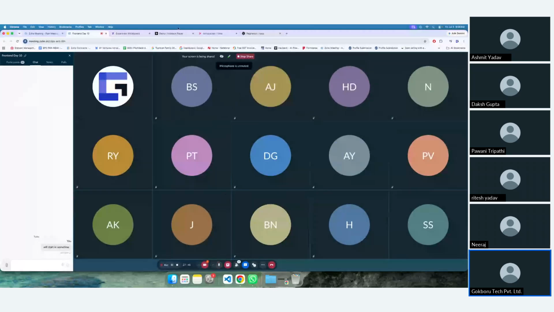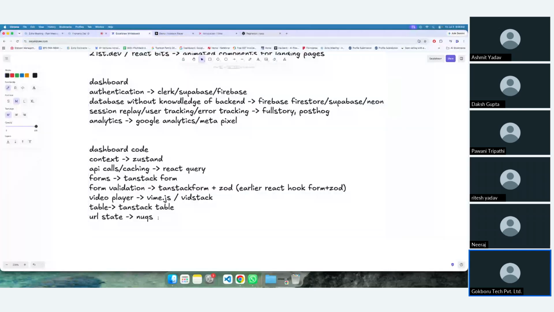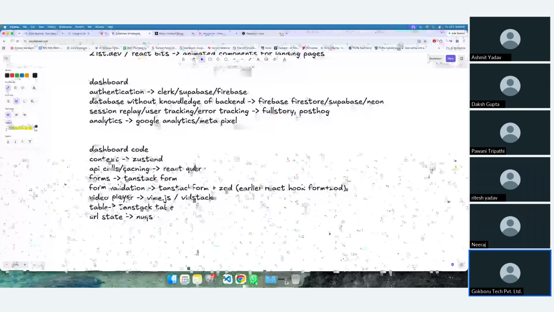Okay, sorry for that. So for URL state, we have this new QS library. With this, you would be able to manage the state in your application from the URL. Okay. Then suppose, what happens if you have thousands,